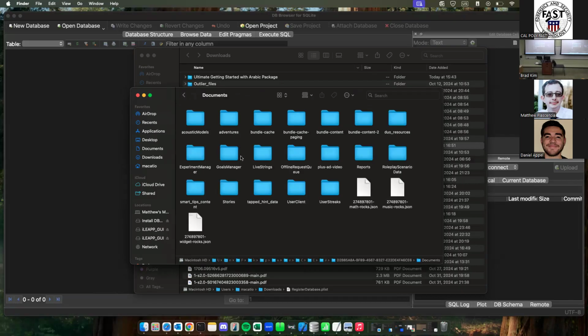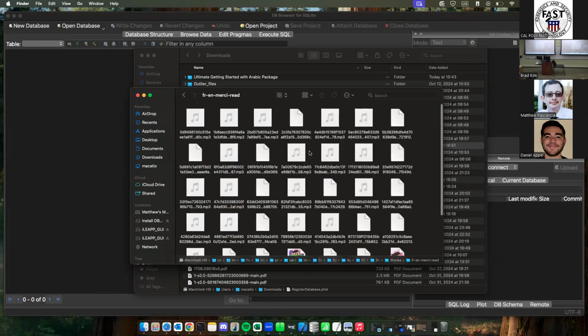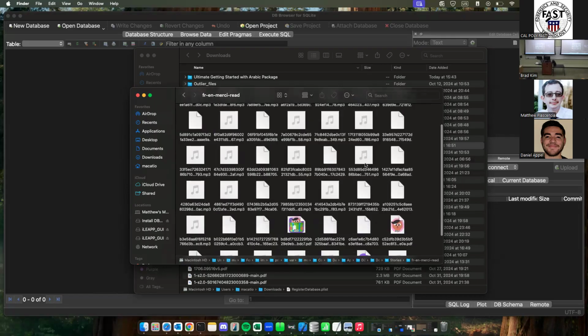And then under documents, we have stories. So one of the features of Duolingo that I really like is the story. And in the story, it's text and